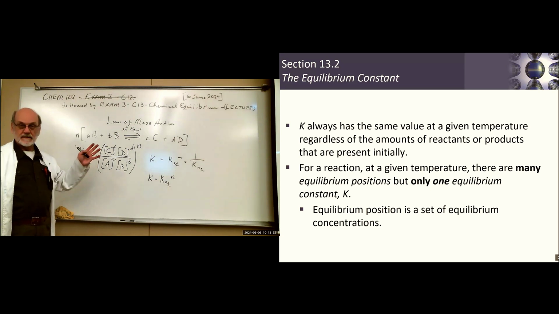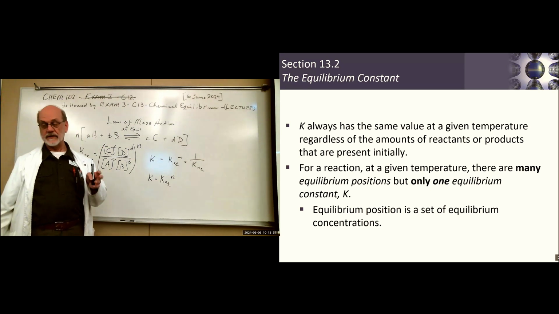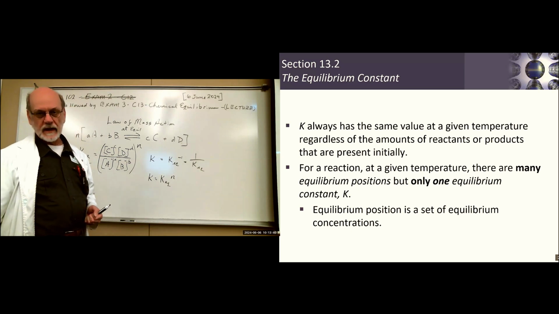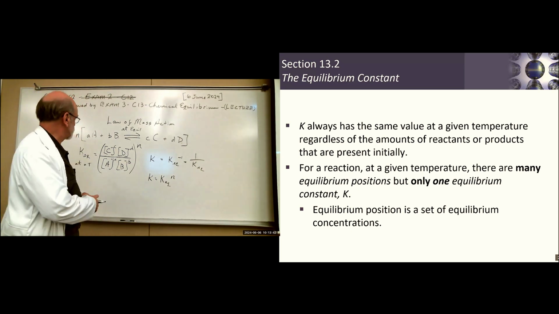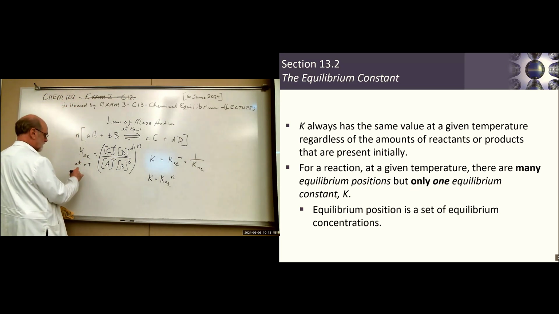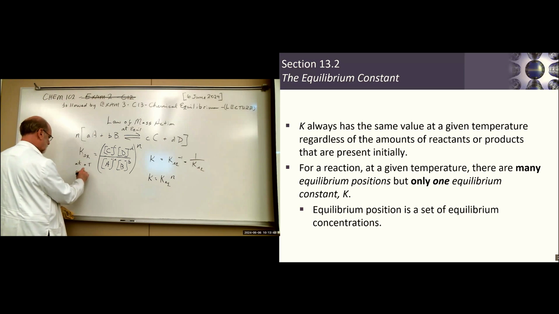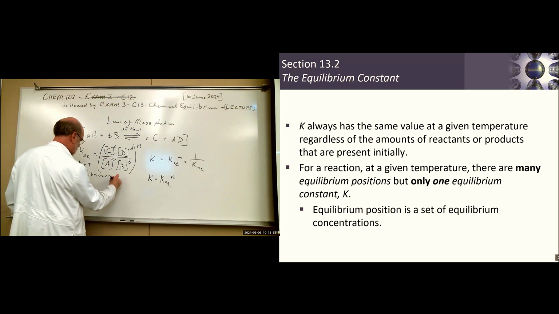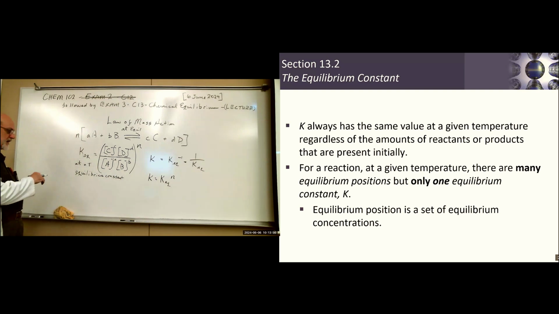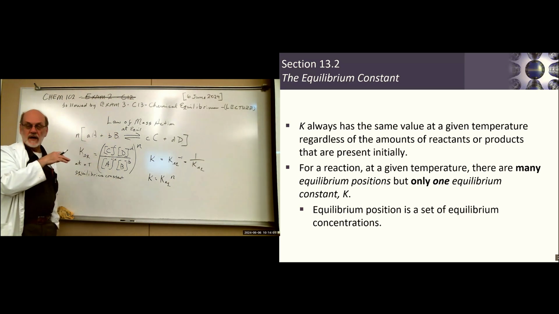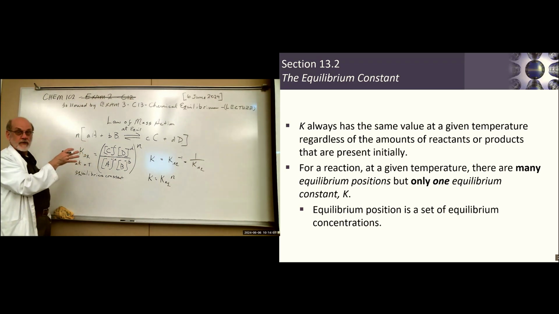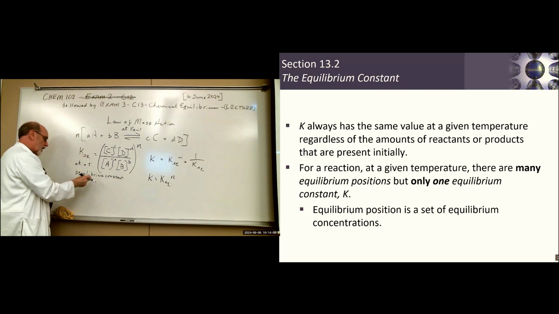K is a constant as long as the temperature doesn't change. If the temperature changes, then the K will change. Now, there's a concept: this is the equilibrium constant. For any given temperature, it is constant. No matter what you do to the concentrations, once equilibrium is established, those new equilibrium concentrations go into the expression, and they will always give you that